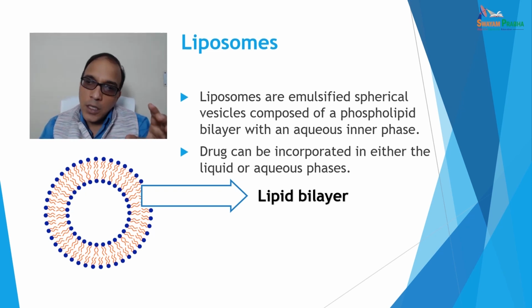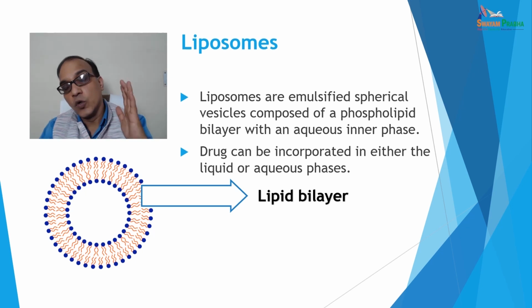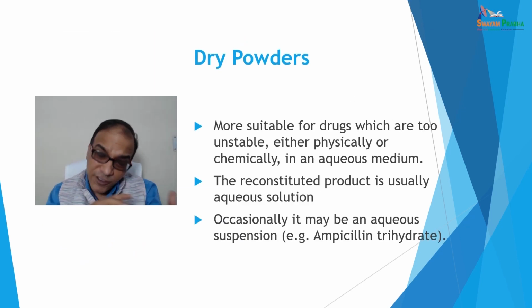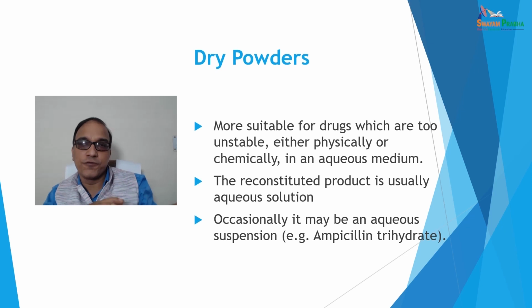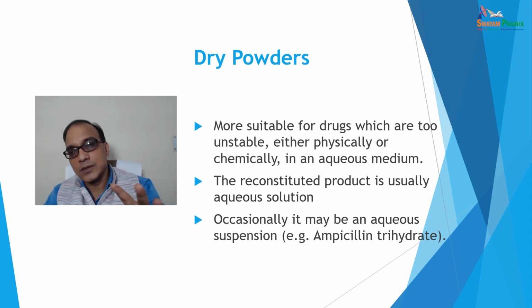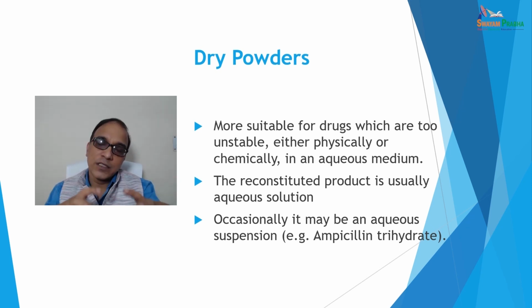Okay. And what happens is that when the alcohol is removed, a thin film of lipid is deposited, which is hydrated and then it forms the liposomes. Liposomes are one of the kinds of emulsions which may be used for parenteral dosage forms. So, though we are not discussing it in great detail, I am just introducing it because you have already discussed it. We have already covered it in our undergraduates.